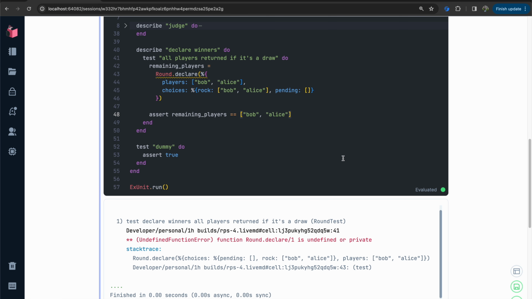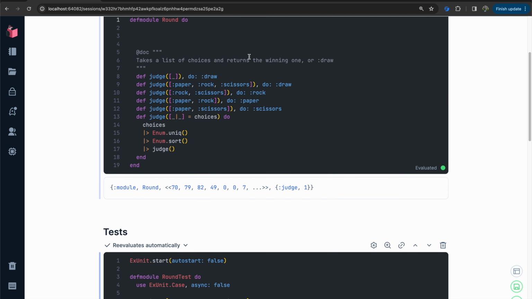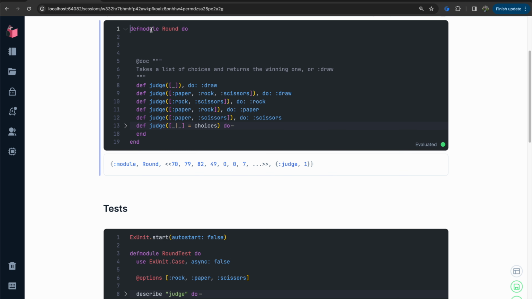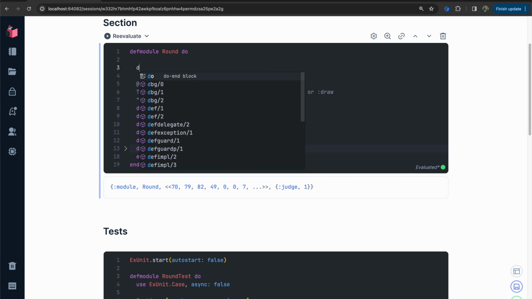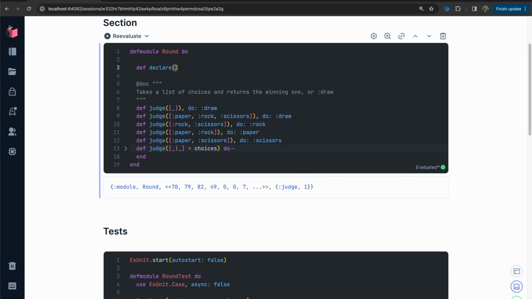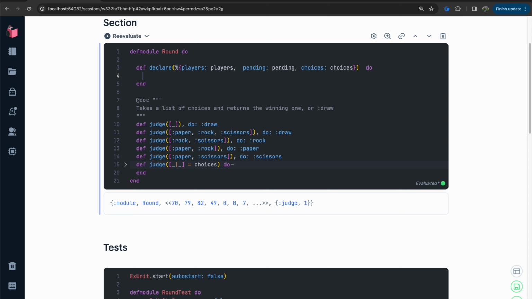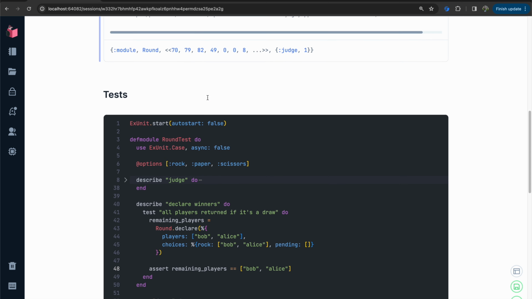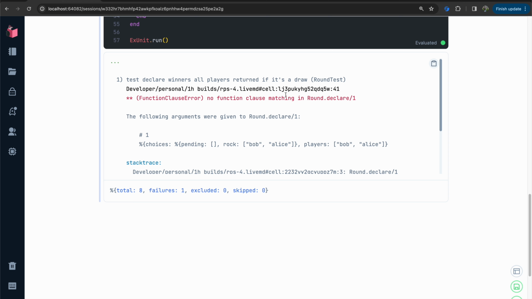Okay, trying to call with declare, which is undefined or private. Let's fix that. So we can collapse this, and we can run def declare, and this is going to take players, pending, choices, and we know that that's going to be a, actually it doesn't really matter. For now we can just do it like that, and just save it. We get a bunch of warnings and then we get errors because